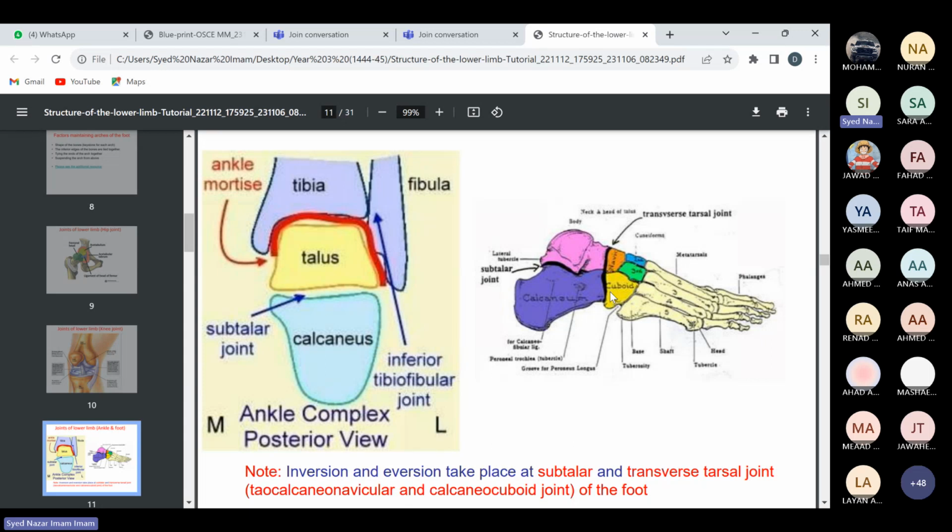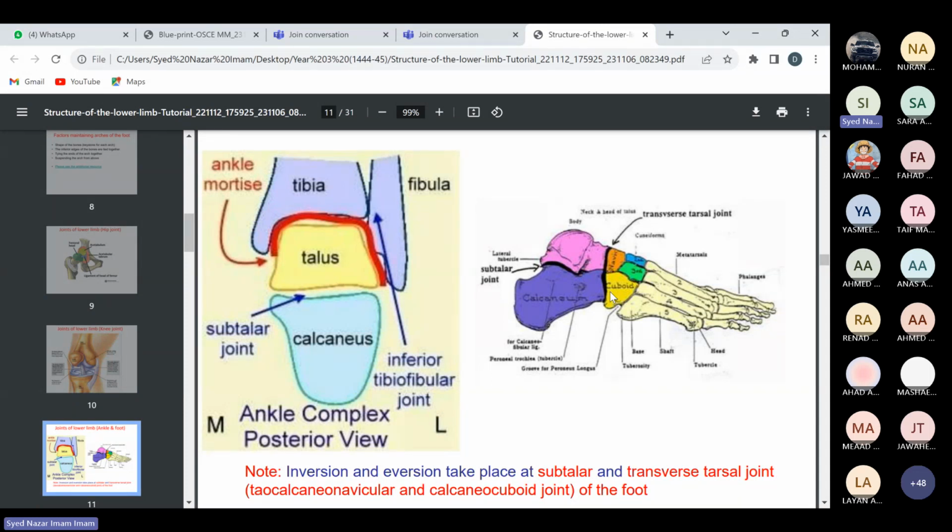They'll ask you, inversion is when you are lifting your medial border of the foot while the lateral border is on the ground. This is called inversion. Eversion is when you are lifting your lateral border of the foot and the medial border is on the ground. This is called eversion. So these two movements, inversion, eversion, and dorsiflexion and plantar flexion, they'll ask you so many